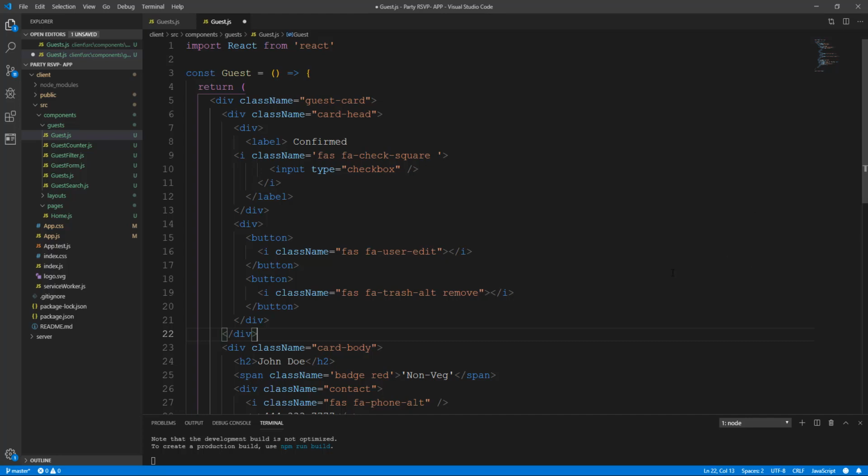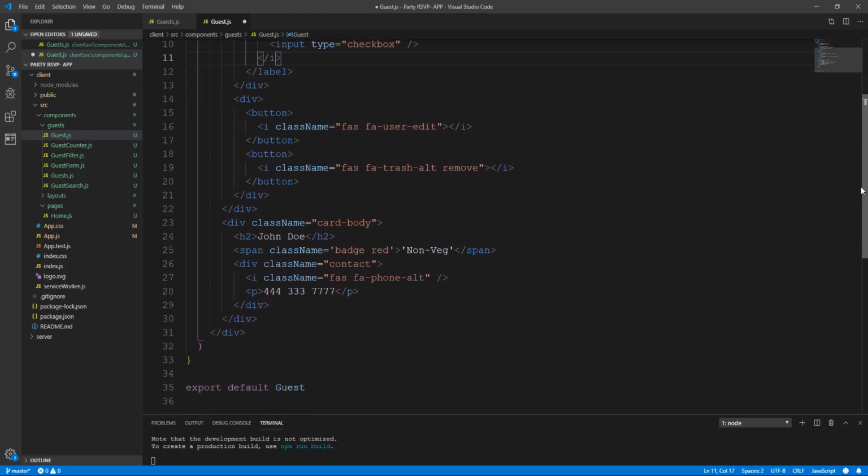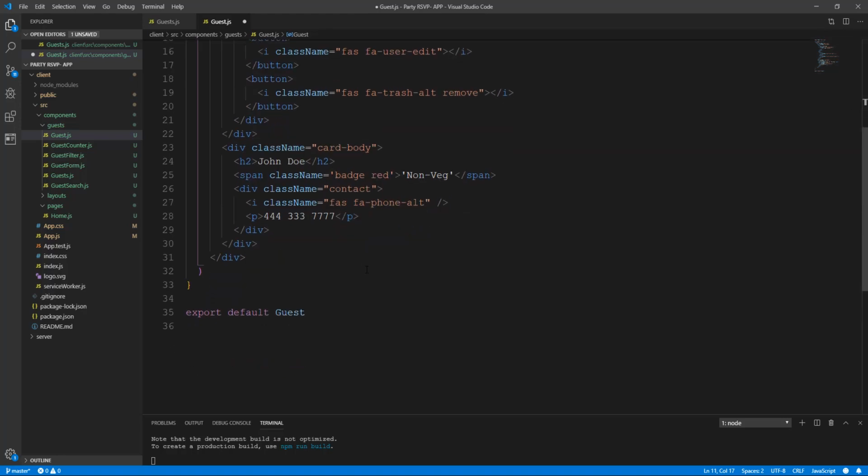So this is going to have a main div with class guest card, and then we have a div guest card head, and then in the head we have a label, and then there's an I tag, and then there's an input. Alright, and next we have two buttons, and next we have our card body, and in the card body